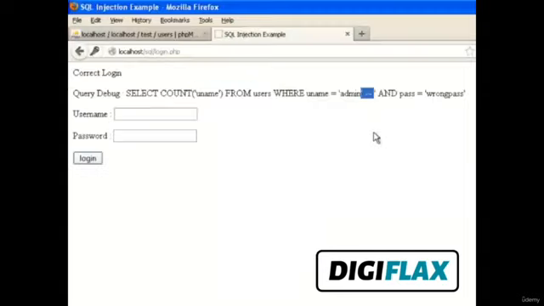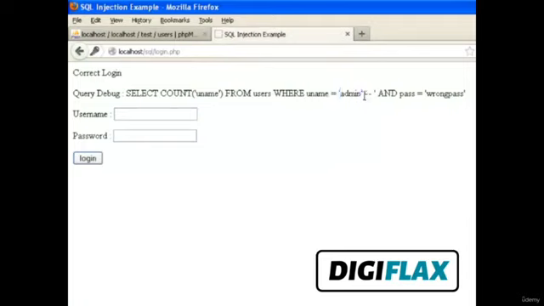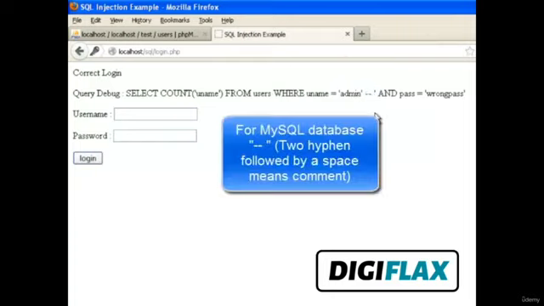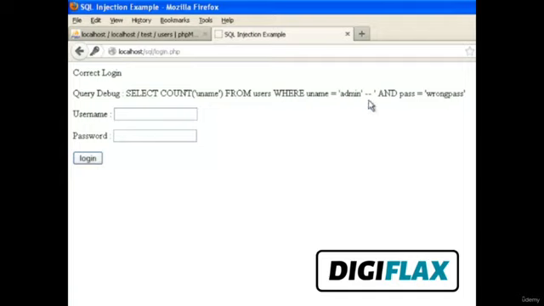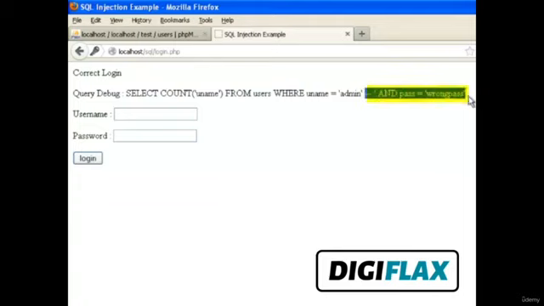This part completes the quote, so both quotes are done. After a space, we have entered 2 hyphens and then a space. 2 hyphens followed by a space is interpreted as a comment. So our SQL statement is actually this, and all the rest of the part is interpreted as a comment.